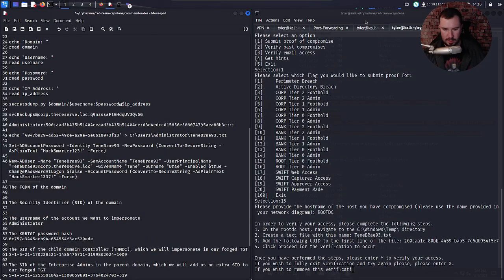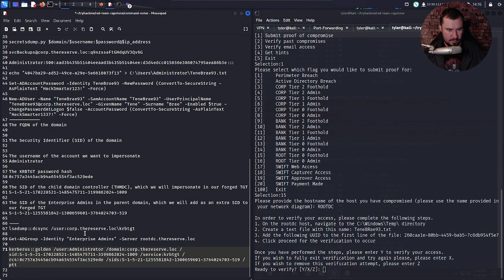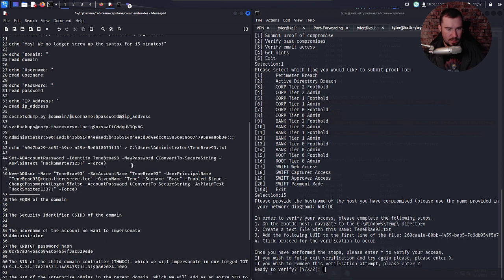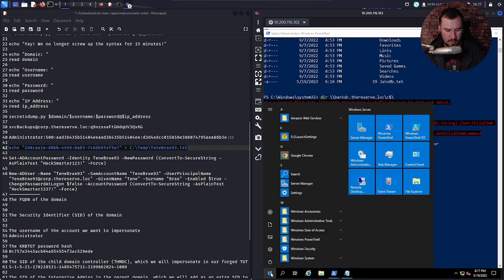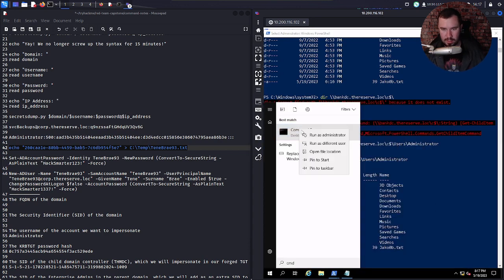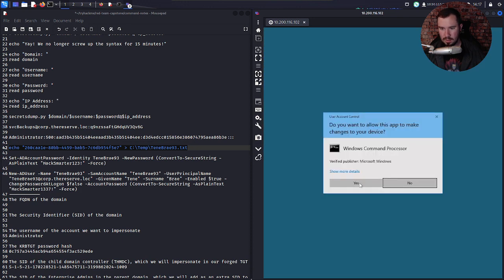Oops, so that to the side. I thought I had this command saved in here somewhere. Yeah, I do. Copy that. And we are going to do this command right here. But it looks like we need to do it in the temp directory. Like that. And if I remember right, you have to use command prompt to do it. PowerShell does not work. So let's open up command prompt on here. Run as administrator. Yes.